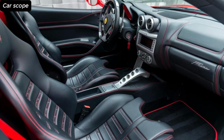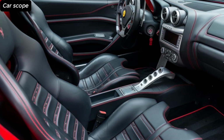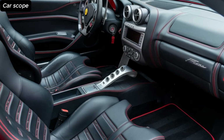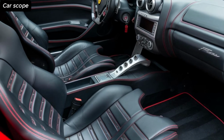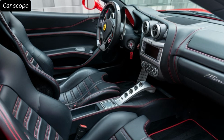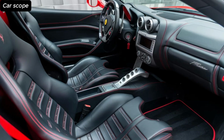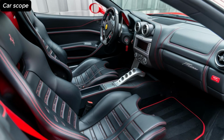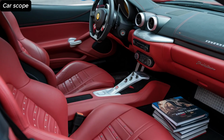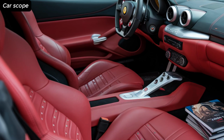Inside the cabin, Ferrari has created an environment that feels equal parts racing cockpit and luxury lounge. The 2026 12-cylinder Spider takes inspiration from the Roma and SF90 interiors but adds its own unique personality. The dual cockpit layout continues, wrapping both driver and passenger in sculpted leather and carbon fiber surfaces. Every detail is handcrafted with precision, from the contrast stitching to the brushed aluminum controls. The steering wheel remains a signature Ferrari element, loaded with controls for driving modes, indicators, and even the engine start button. Behind it, a fully digital 16-inch curved display provides real-time performance data, navigation, and customizable readouts, giving drivers total